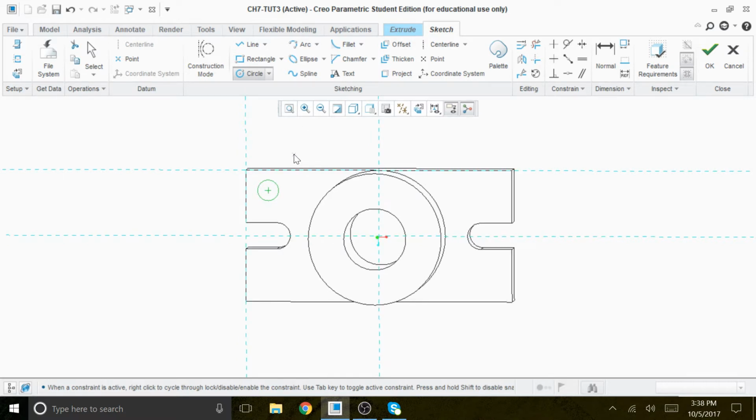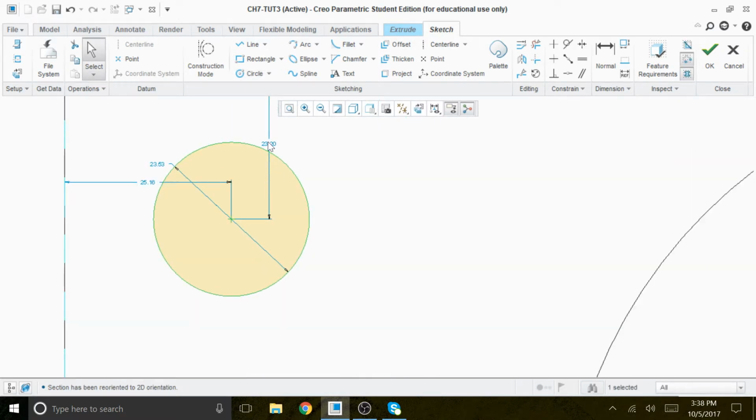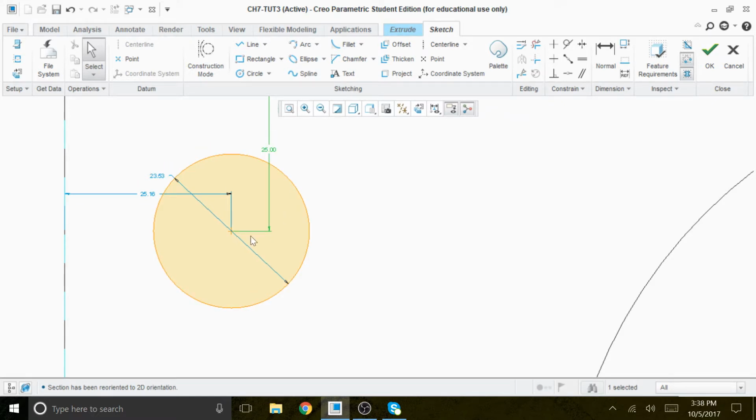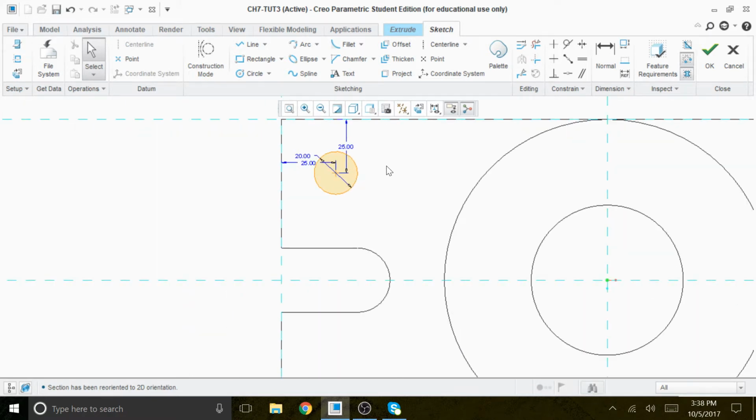And do not worry, we're going to give a measurement, and that measurement is going to be 25 by 25. Okay, 25 by 25, almost there. I was eyeballing this. The diameter of the hole is 20. Okay, excellent. So you establish the location of the hole, and then we're going to